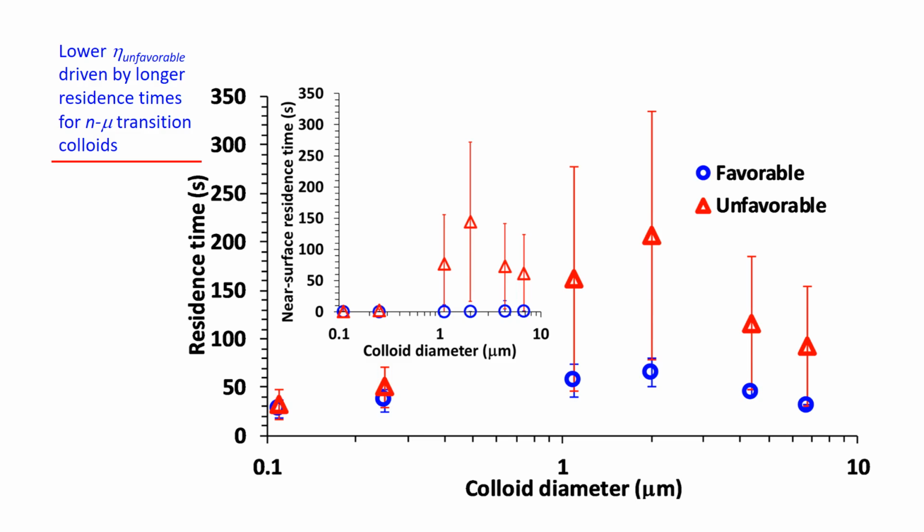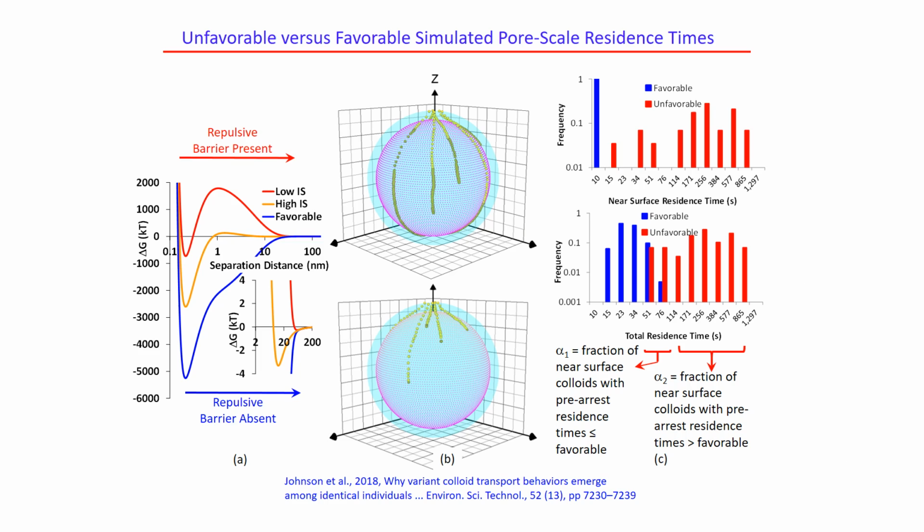And the residence times for the nano to micro transition colloids are higher because they have lower settling, diffusion, and fluid drag, and so they take longer to get to the surfaces as well as to find heterodomains on which to attach. So we can take that residence time information and scale it up to understand what's happening at the